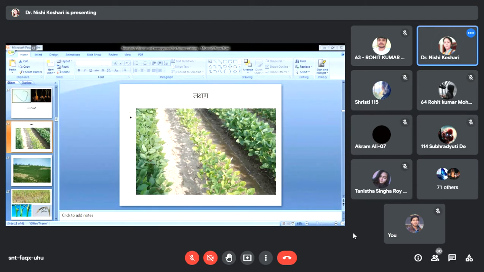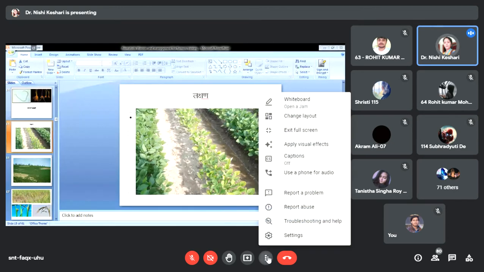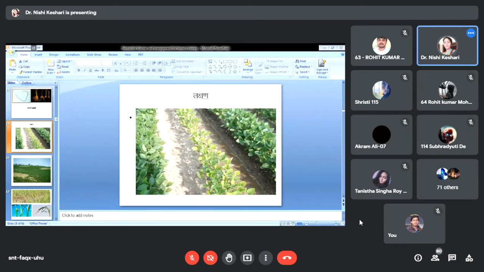Yes, ma'am. Okay. So here it is written in Hindi, because we use the same slide for farmers' training. If somebody could not understand, this is Lakshan, symptoms. You can see the leaves become yellow. In the healthy plants, the leaves are normal green color, and here you can see there is a sparse growth. Very few plants are there, their development is not so good, and the leaves become yellow.